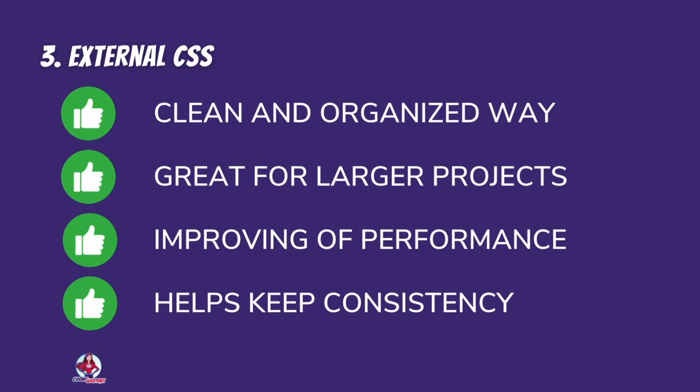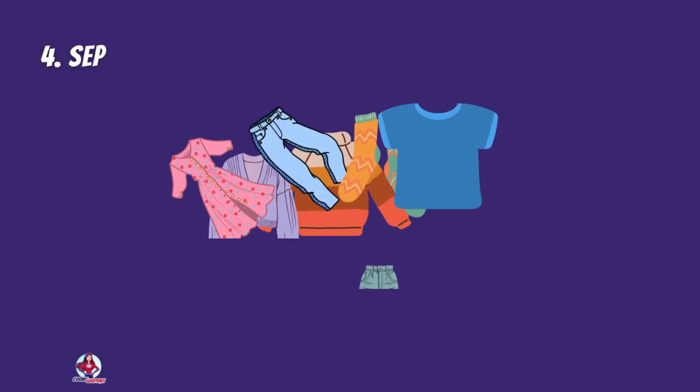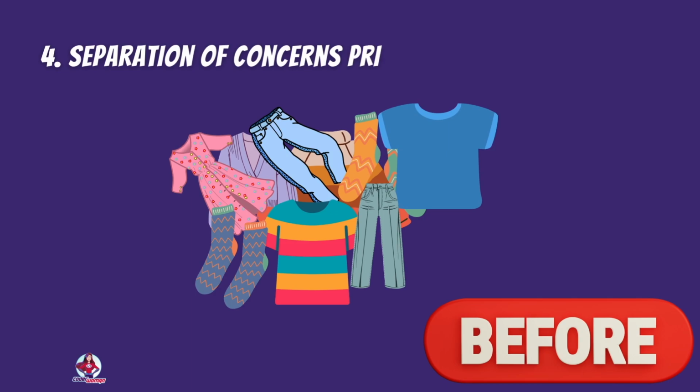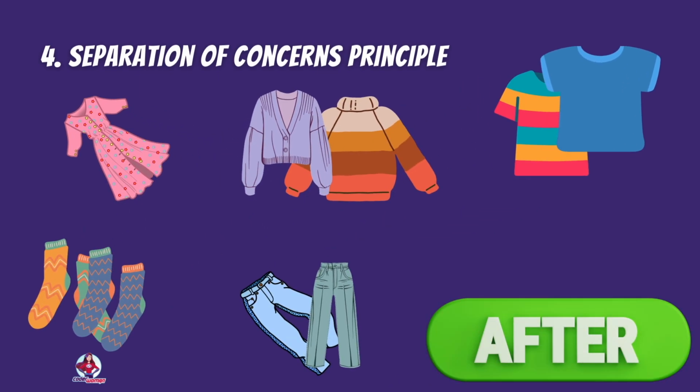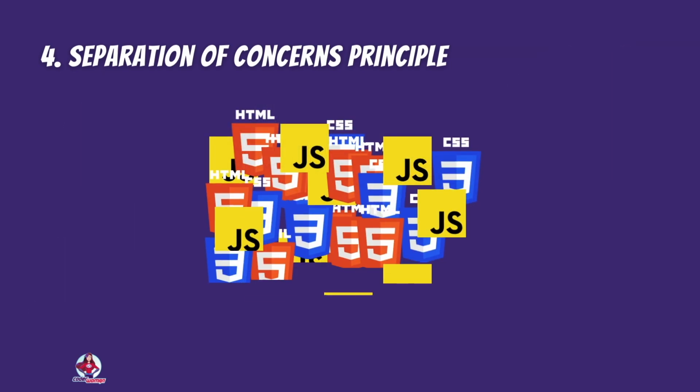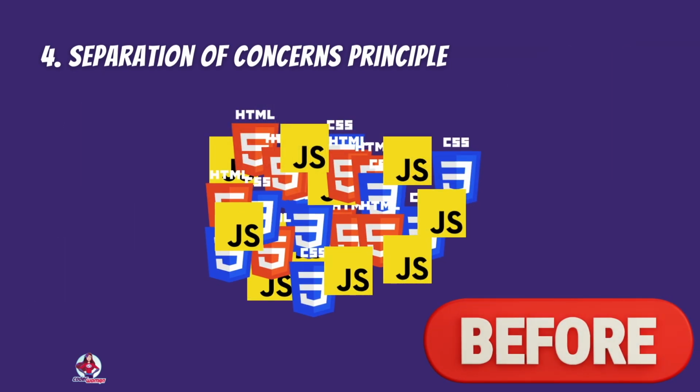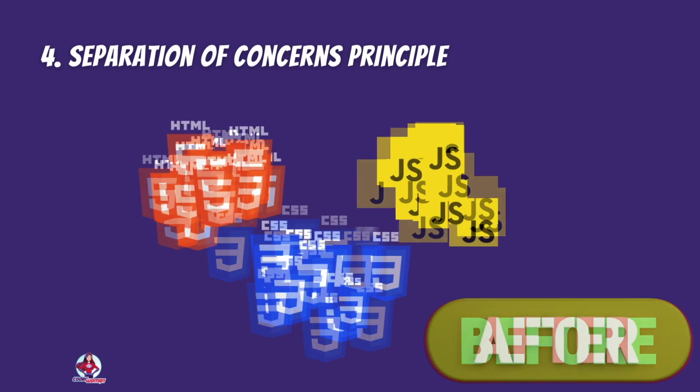Let's talk about the last but not least topic today, a very important one. The separation of concerns principle means keeping different parts of a project apart. In simple terms, the separation of concerns principle is like organizing your wardrobe. You wouldn't mix your clothes, shoes, and accessories all together, would you? Instead, you separate them into different drawers or sections for easy access and organization. Similarly, in web development, it's a good practice to keep your HTML, CSS, and JavaScript separate for better organization and